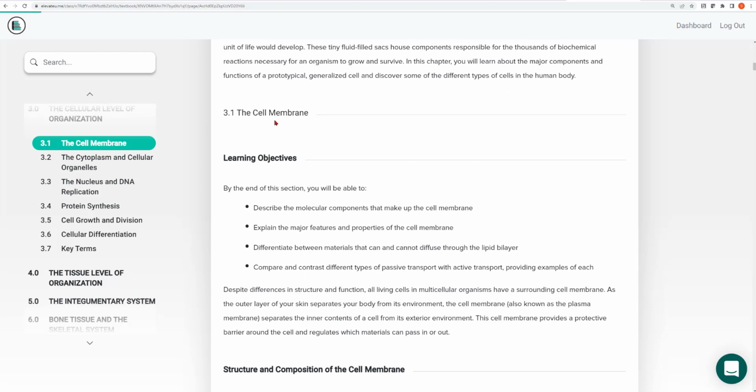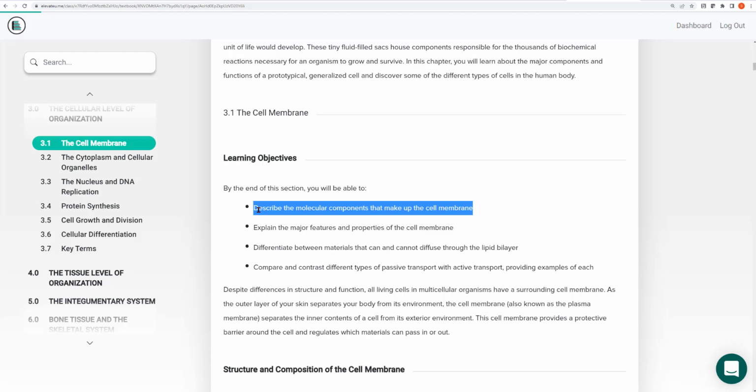So let's take a look at the first organelle. This is going to be the biggest chunk of material in this chapter, and we're going to spend quite a bit of time looking at the cell membrane. And the reason is the cell membrane is that coating or covering. It's the outer boundary of all of the cells. And every cell has to allow certain molecules to come into it for it to sustain itself.